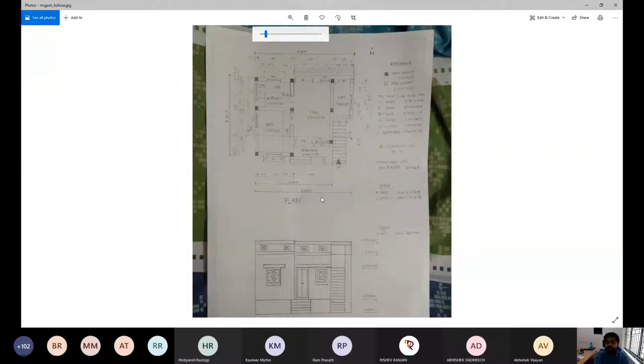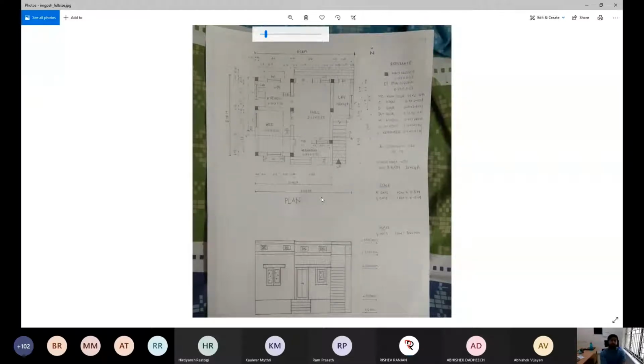Because you can't do dimensions in the metric way, but in centimeters you can calculate. Whether you are using a drafter or mini drafter, or even AutoCAD, the dimension should be in metric, but the scaling should always be in centimeters. Because you are making it in smaller sizes, no?